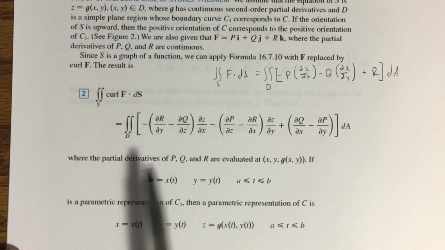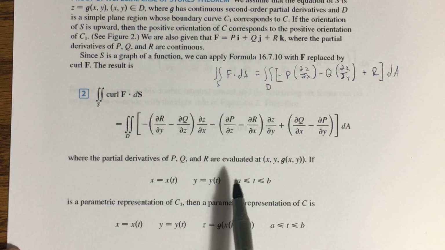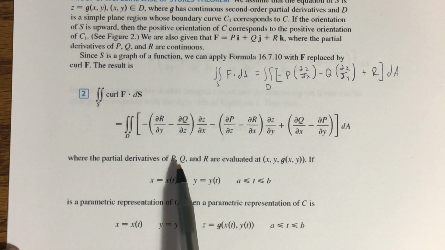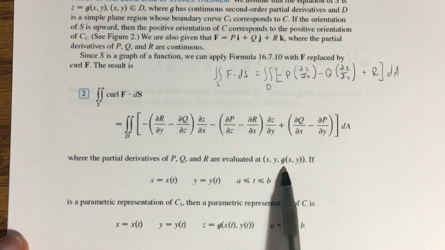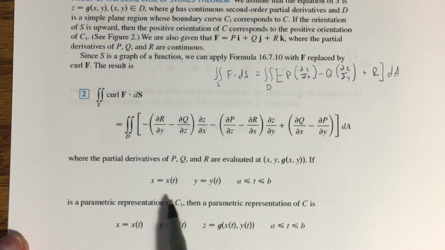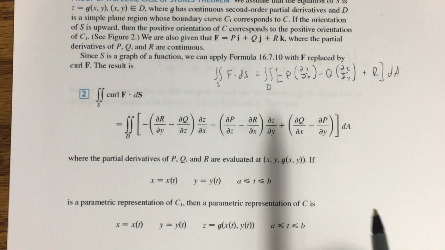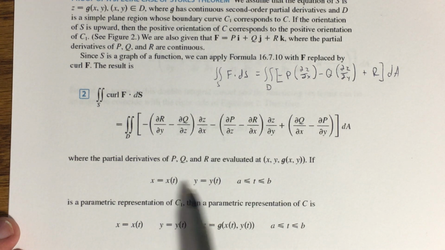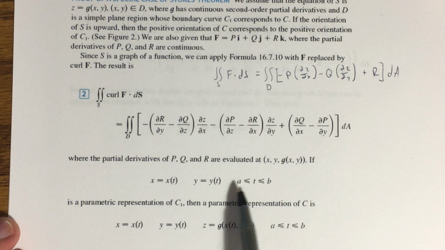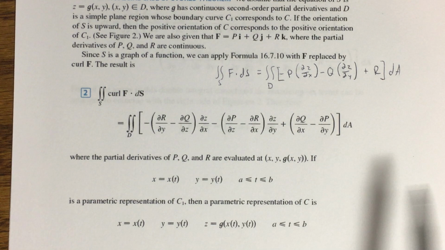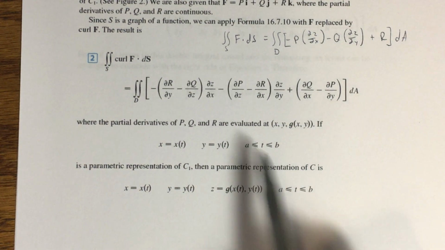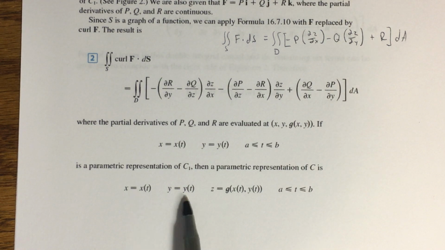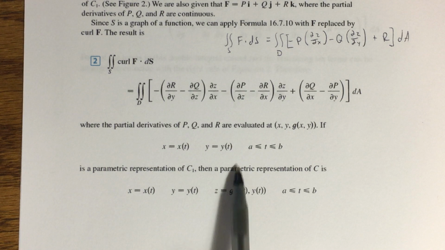So now the next thing, it mentions the partial derivatives of P, Q, and R are evaluated at particular points on the surface S. So if we have this parametrization for the plane curve C1, x equals x of t, y equals y of t, and t ranges from a to b, then we know that when you parametrize a surface that's the graph of a function, the i and j components, or the x and y parameterizations, are borrowed from that plane curve,